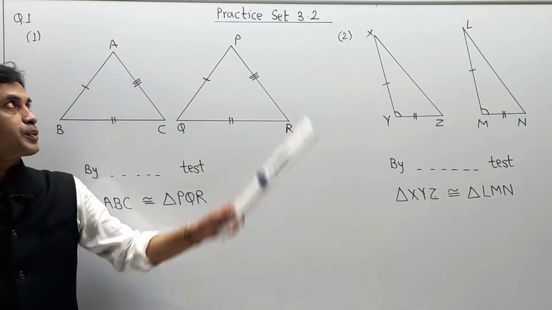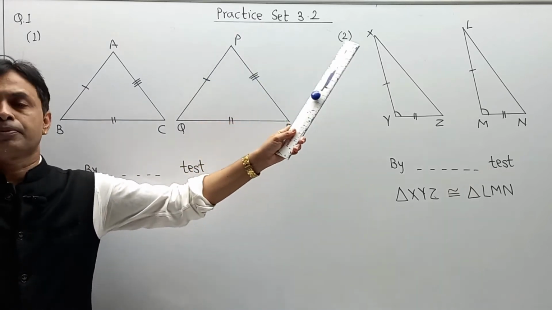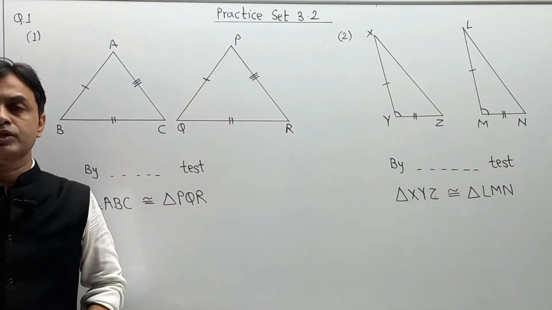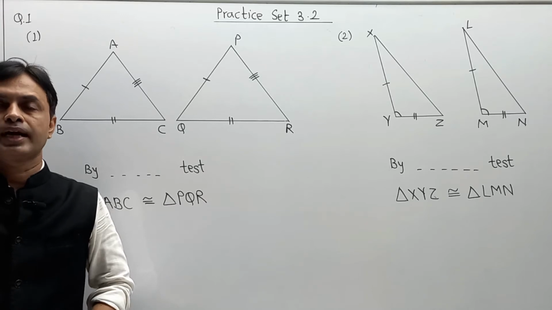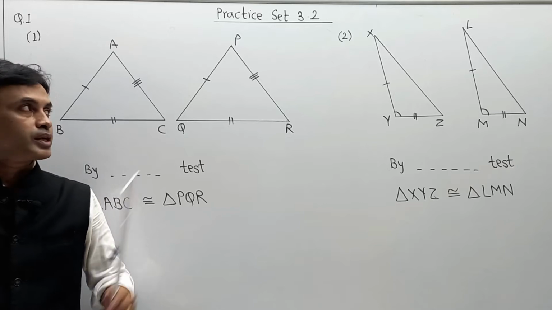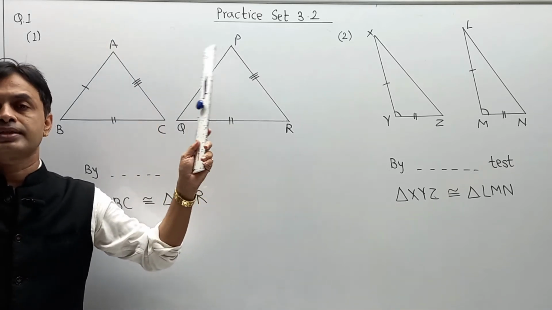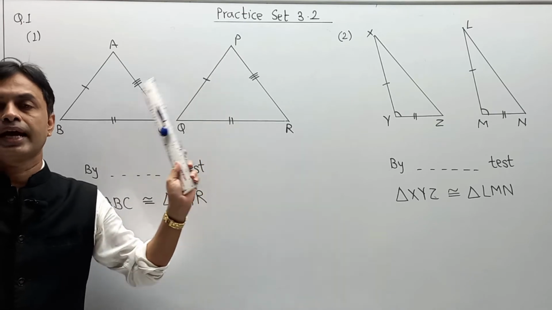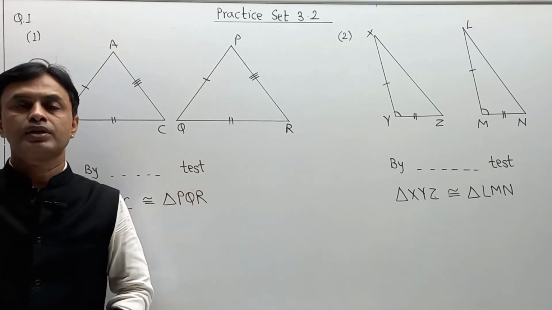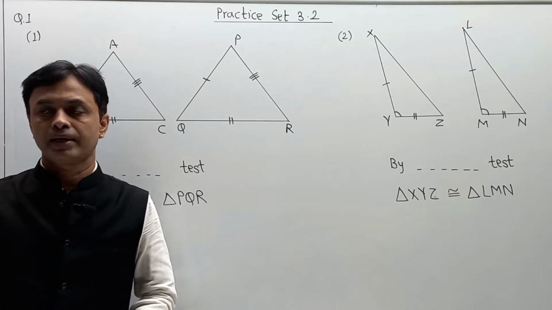Hello friends, today we are going to start practice set 3.2. No doubt, in this question, the questions in terms of variety are different and we have to try to understand the question logic, and along with the question, we have to understand the diagram. They have given a first question. As it is longer in terms of theory structure, I have not written it and I have directly drawn a diagram and question. First of all, I am going to read the question.